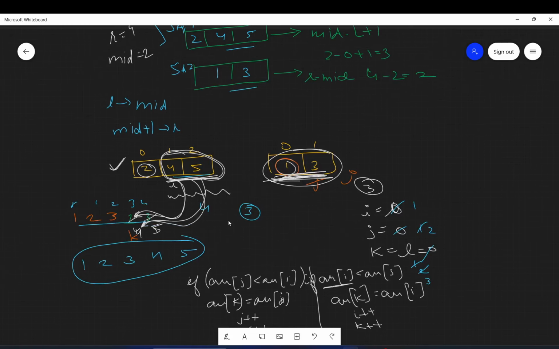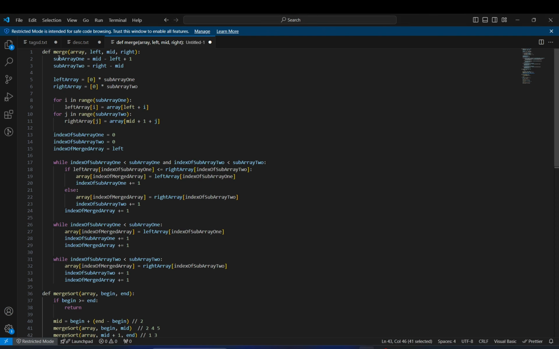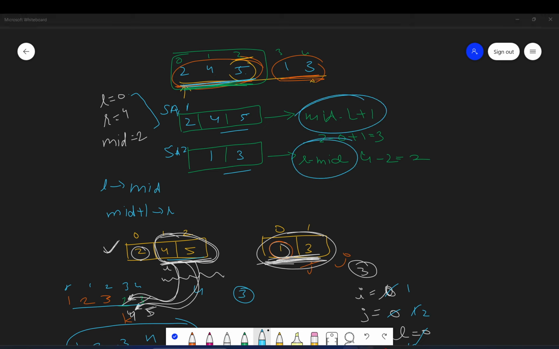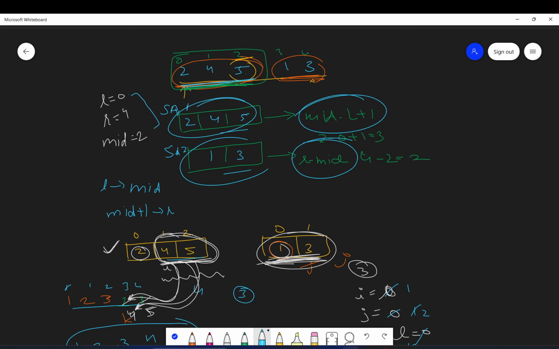The first subarray we took with size mid minus l plus 1, and the second subarray with size right minus mid. So we have created these two subarrays, and we copied the elements from the main array into these.